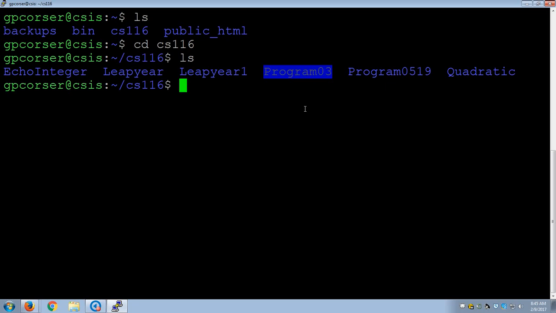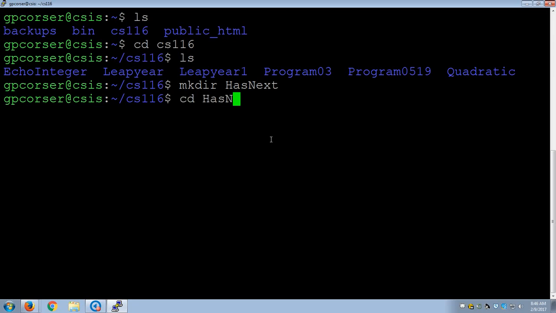So I'm going to do another thing called HasNext, and what I want you to be keeping in mind is we're going to use a HasNext idea for doing a loop in program 4. So I'm just going to do mkdir HasNext. HasNext is going to be the name of the public class that I'm going to make. So I'm going to do cd HasNext,